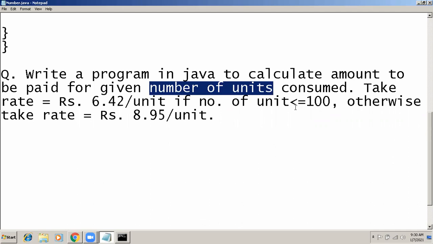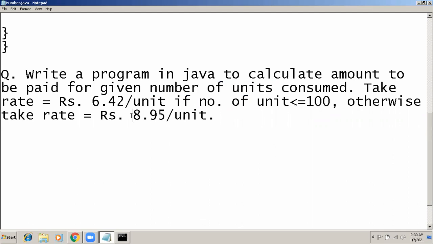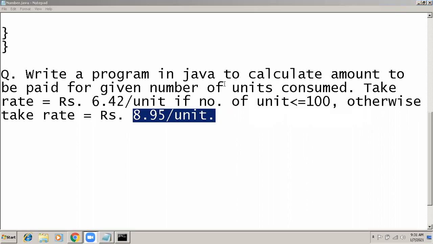If it is more than 100, then you have to take the rate 8.95 per unit, and at last you have to calculate the amount to be paid according to the given number of units. Can you write this program or not? Yes, sir. We can write it.